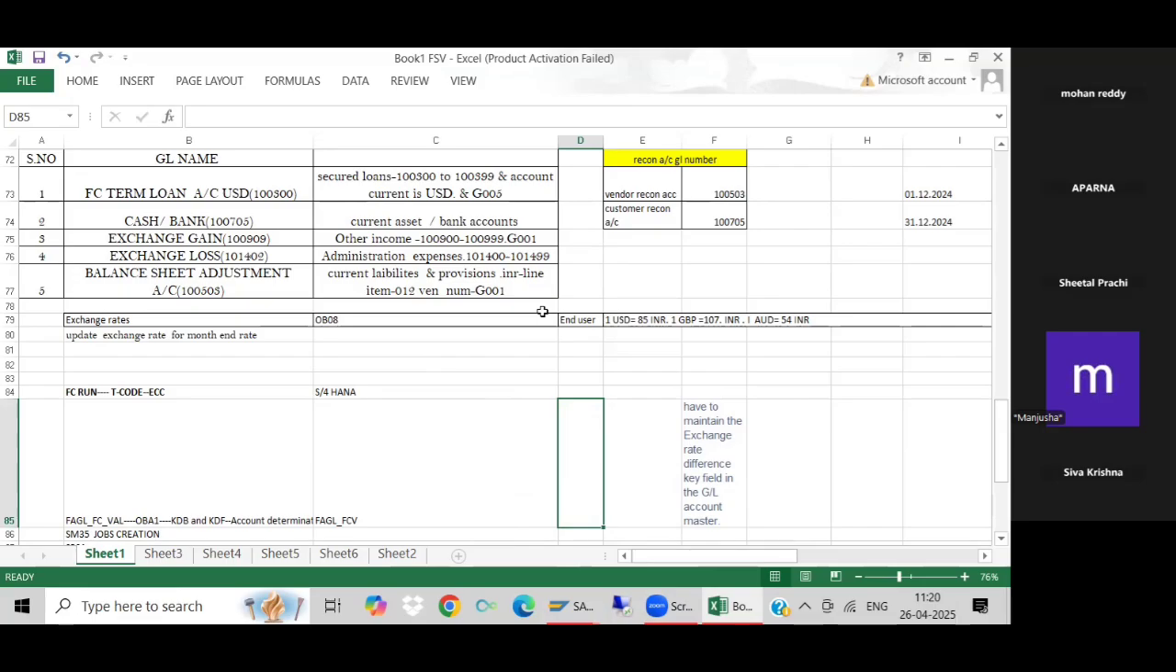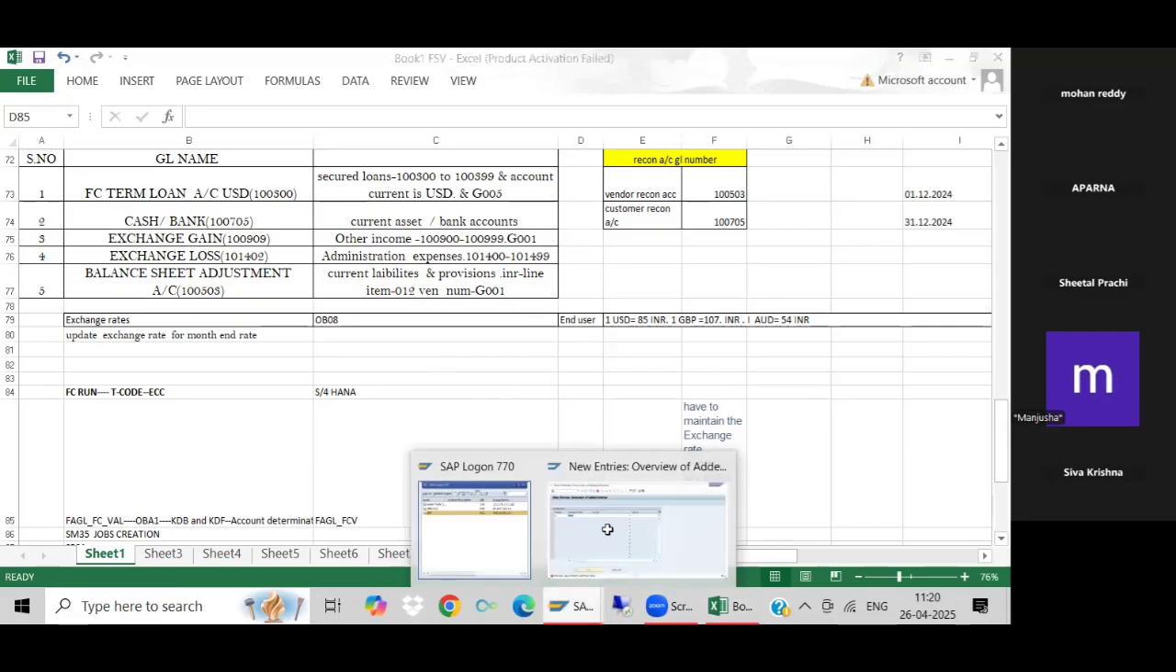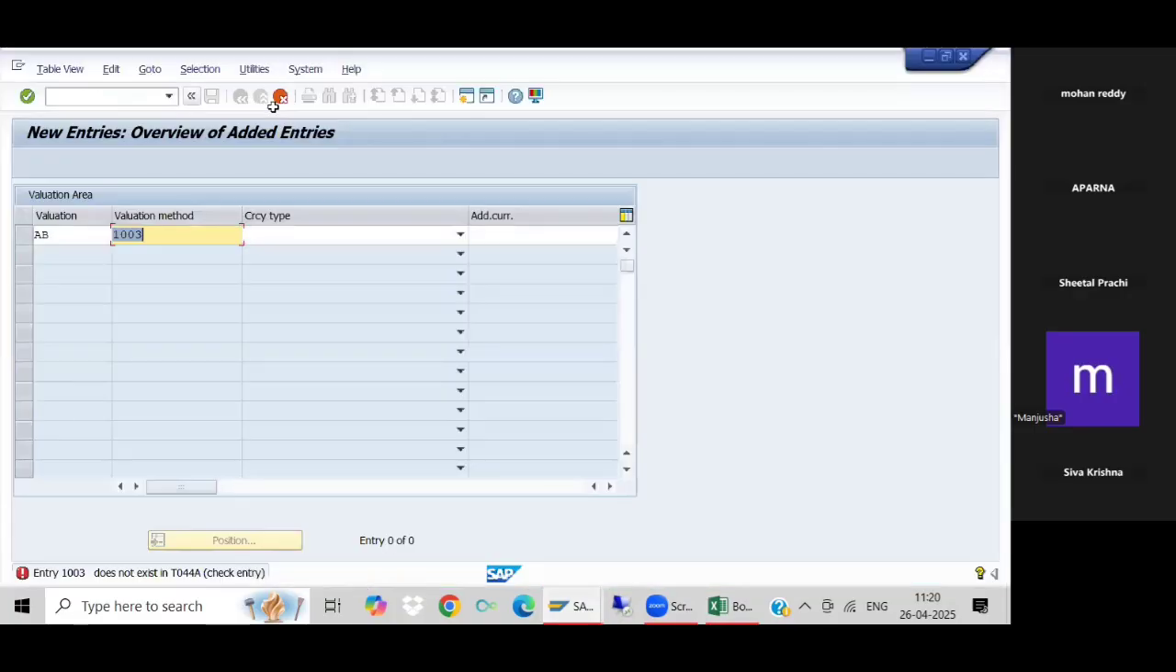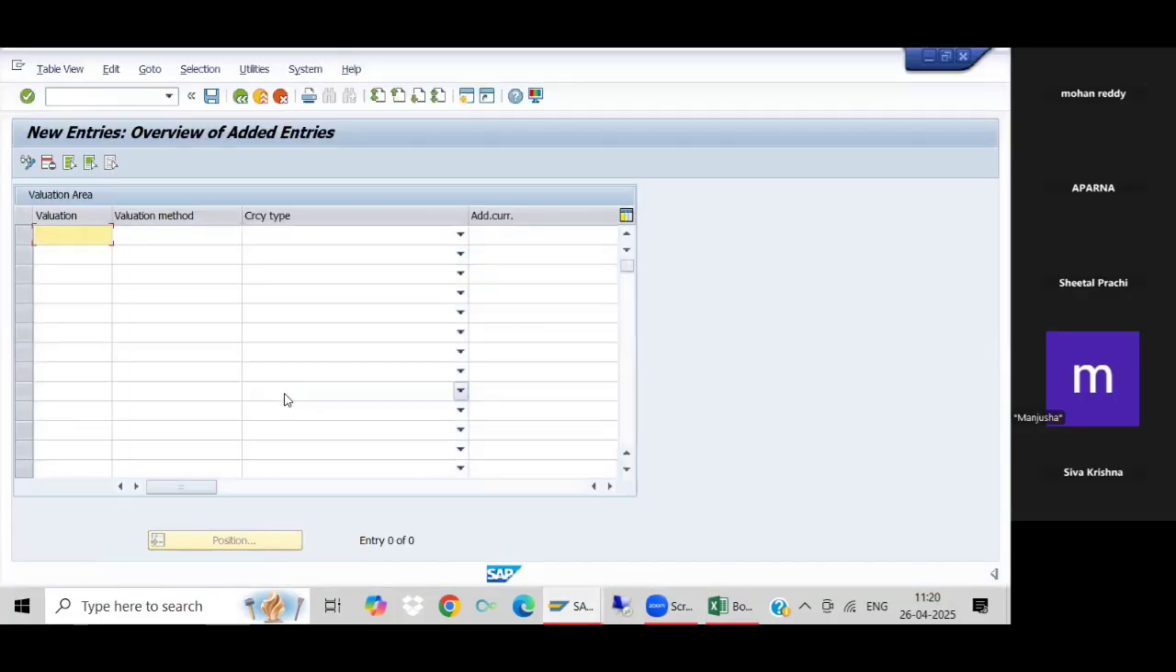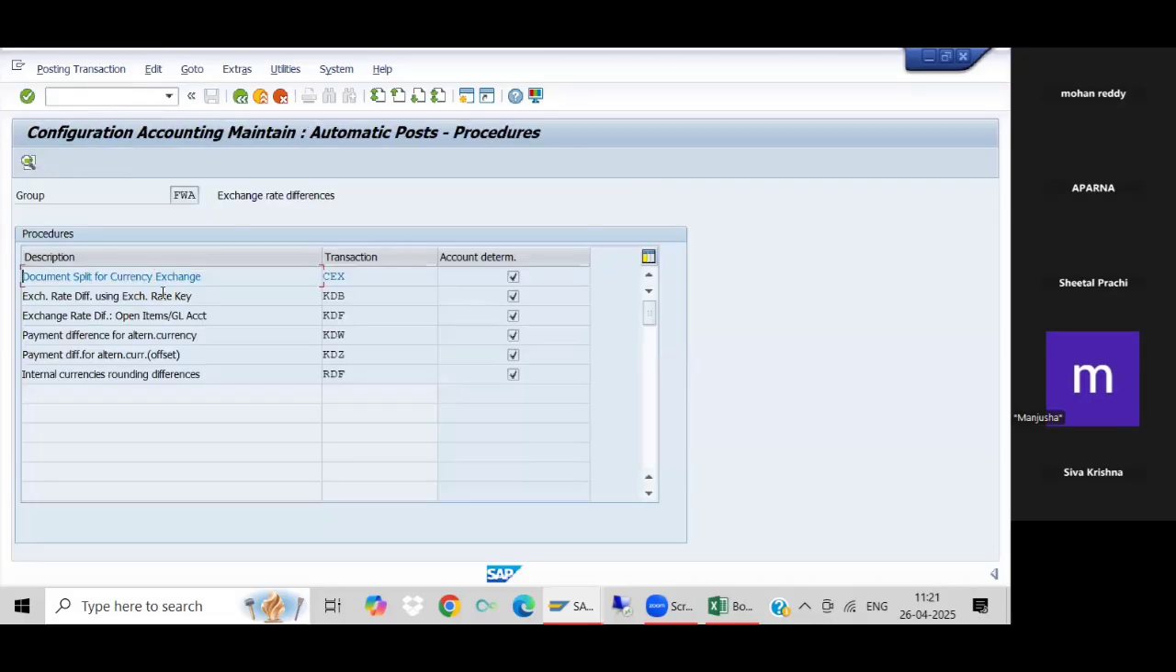Go to OBA1 screen, slash and OBA1. This is the exchange rate difference screen. Okay. Here, this is the main integration between all the GL accounts we created. We have to assign them here. Then only the system will run the entries. So here in